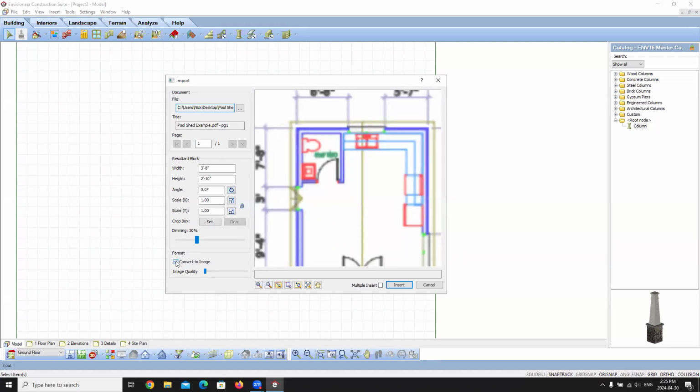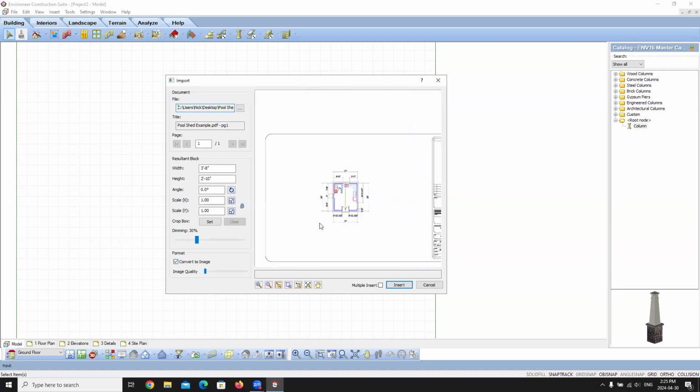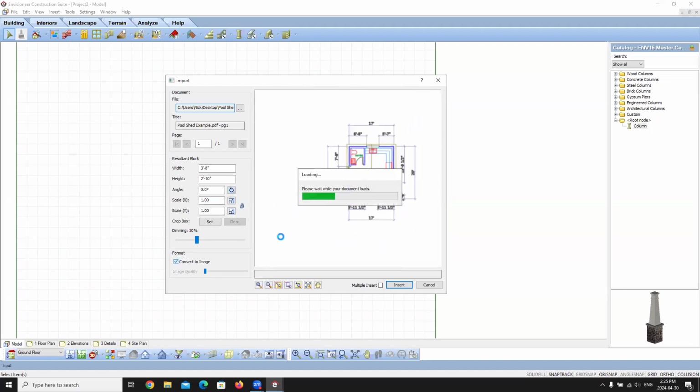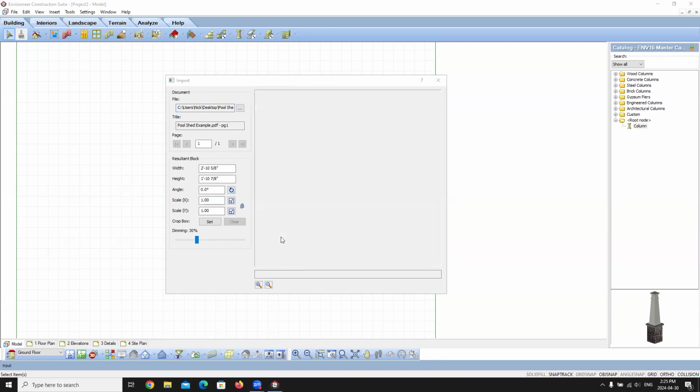So down here, you can see that the format is set to convert to image. I always recommend unchecking that whenever you are importing a PDF from someone that sent it to you, because again, you don't really know what it is that you have until you're bringing it in. Once you uncheck the convert to image option,